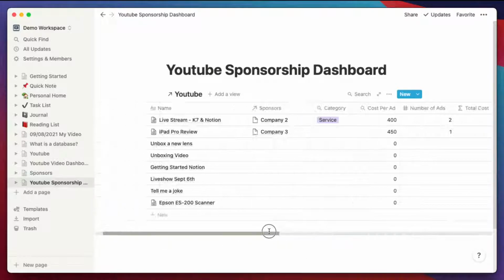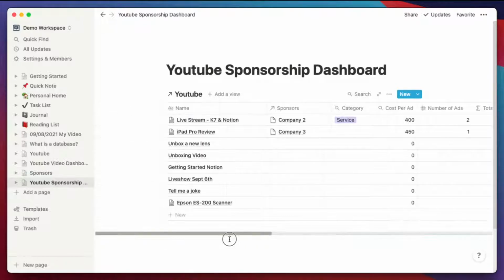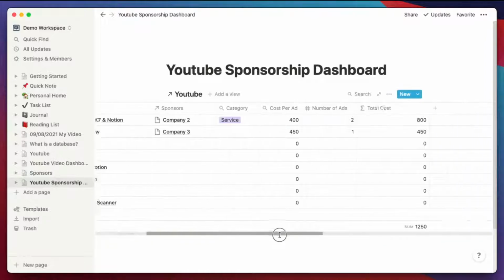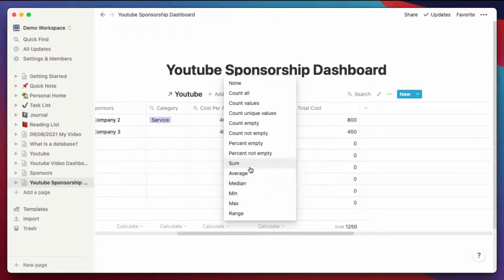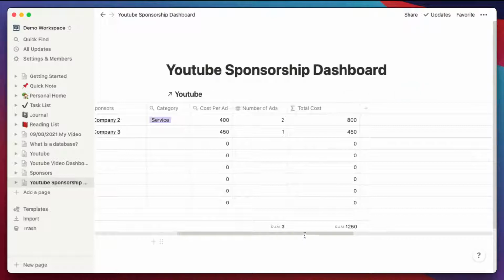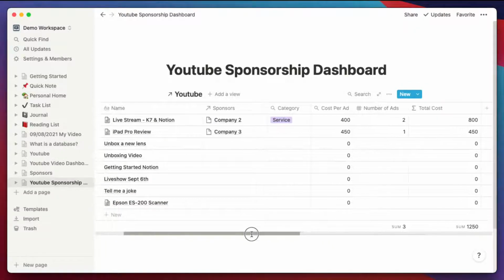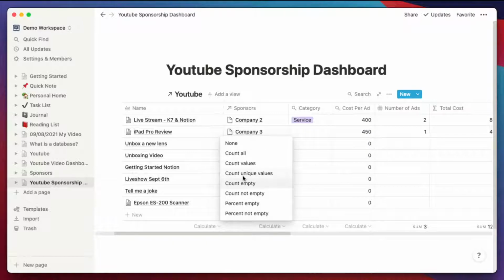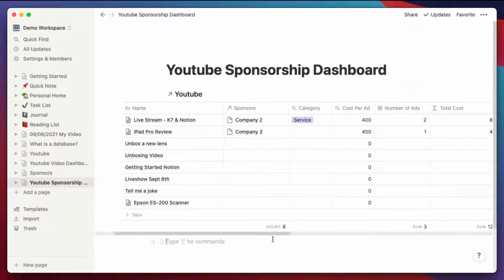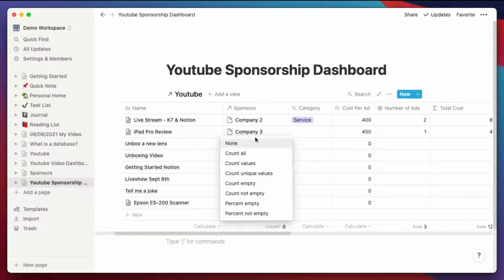Anyway, I'll look into why it did that. But yeah, we can do the calculations, so let's do another sum. It gives me the total number of things. And then here I can do the count of all. Oh, this is count of everything.